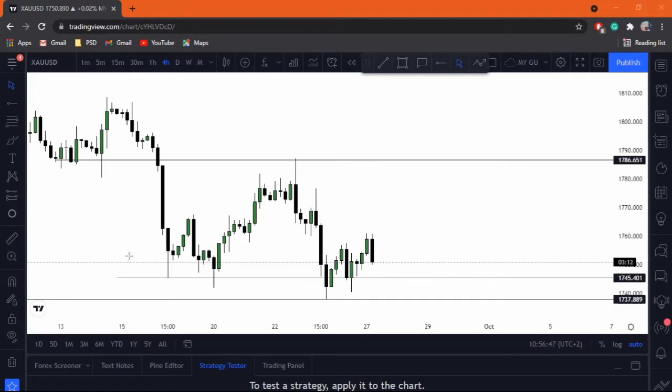Well, for the first example would be because of these, right? But then price created a low right here, right? And then price created a higher low. And remember, if price is creating higher lows, then price is preparing to go higher. Yes. And then even if we were to look at the area, I know this was the last 4-hour candle, it's fine,